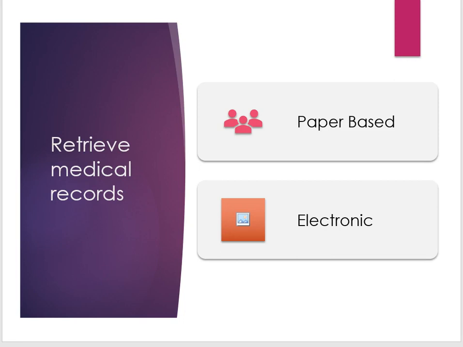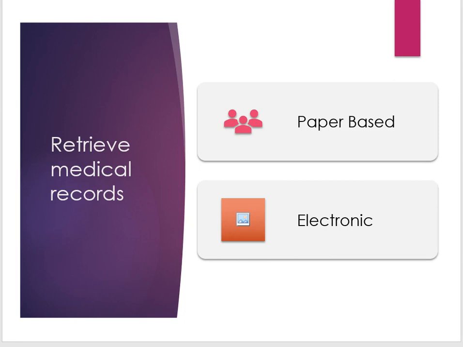As it relates to retrieving the medical record that is paper-based, you'll need to know that there are essentially 3 types of identification systems. Those identification systems are either numeric, alphabetic, that's ABC order, or alphanumeric, which is a combination